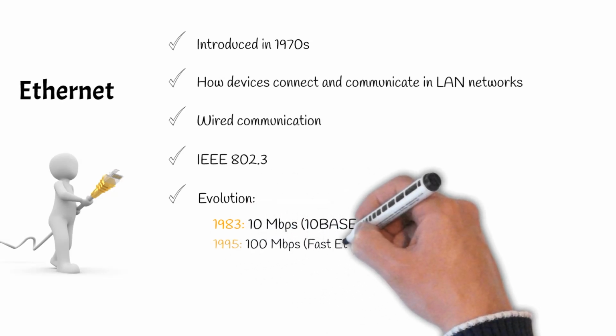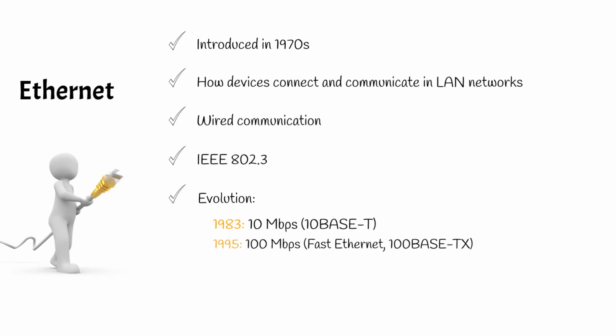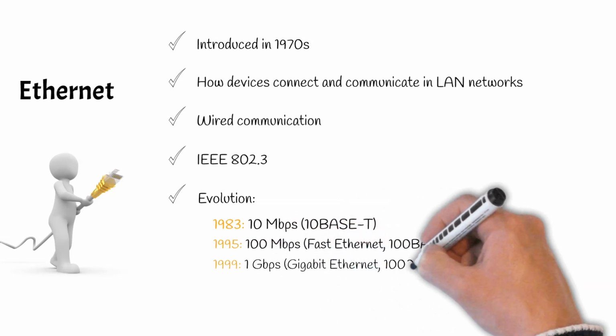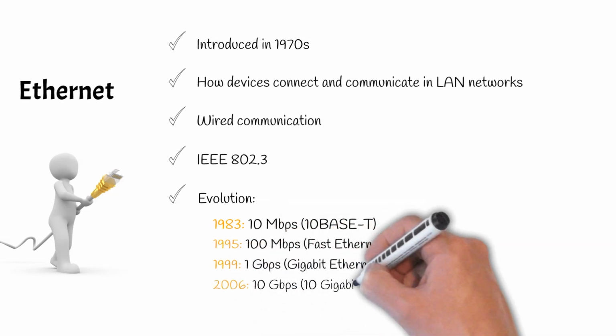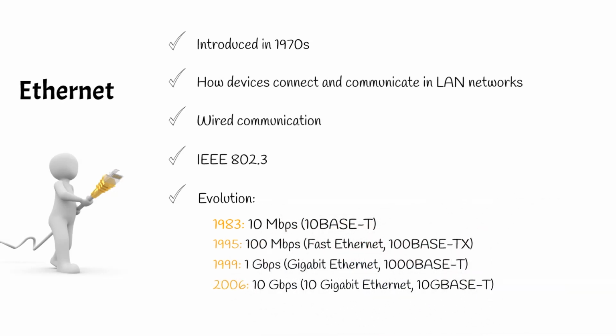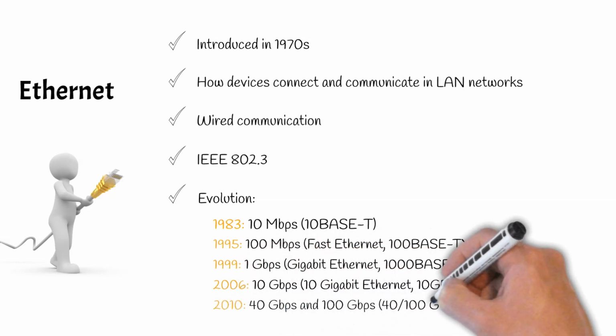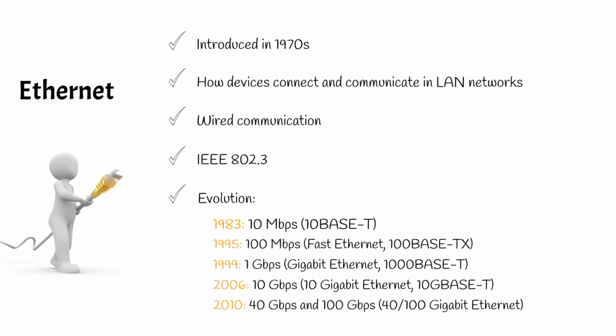In 1995, the emergence of Fast Ethernet boosted speeds to 100 megabits per second and quickly became widely adopted. Gigabit Ethernet followed in 1999 and offered 1 gigabit per second as a new standard for high-speed networks. The growing demand for faster data transfer led to the development of 10 gigabit Ethernet in 2006, particularly in data centers. Finally, in 2010, 40 and 100 gigabit Ethernet standards were introduced to meet the massive data throughput requirements of